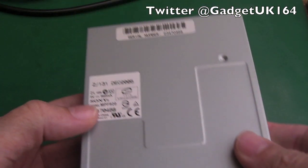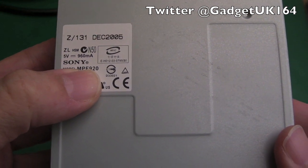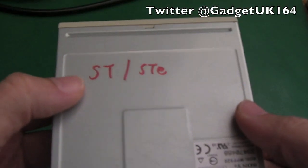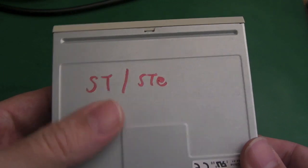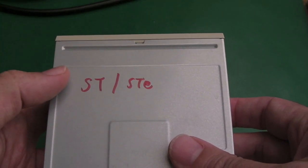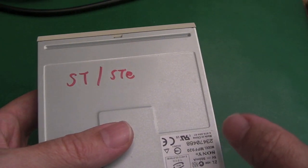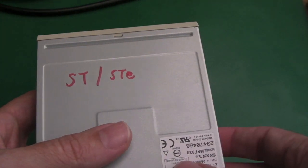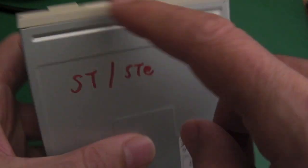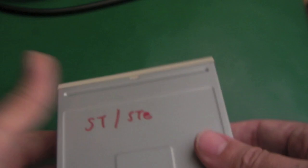This is a floppy drive from Sony. As you can see, it's the MPF920. Now, this one actually originally shipped in my ST. If you've seen any of my ST videos, you'll see that I heavily modified my ST. I fitted a little screen there and I cut the case and stuff, and I wouldn't normally do that. I wouldn't cut into cases of these systems, but it had already been modified. Someone had hacked out the side where the floppy drive fits on my ST, and this is the drive that